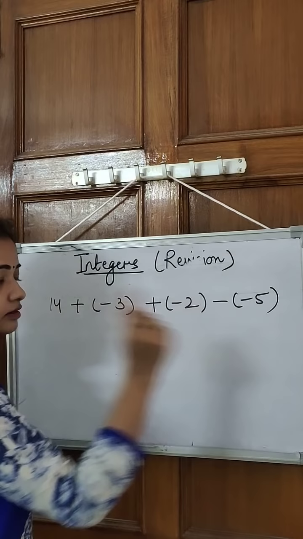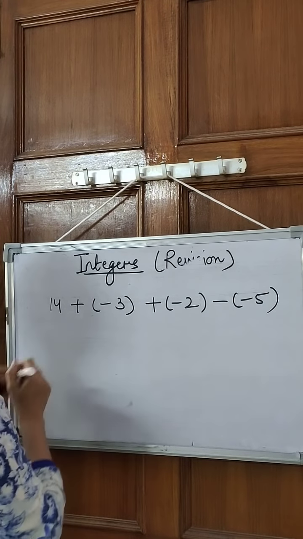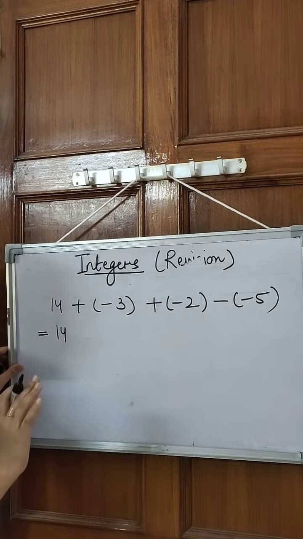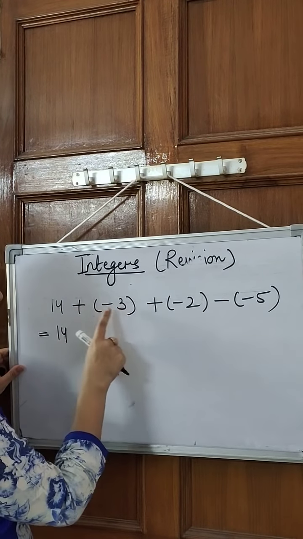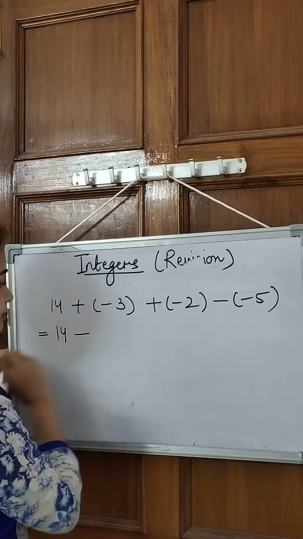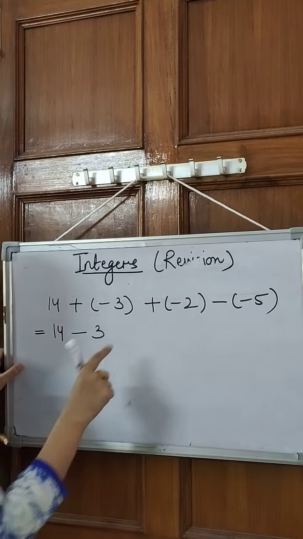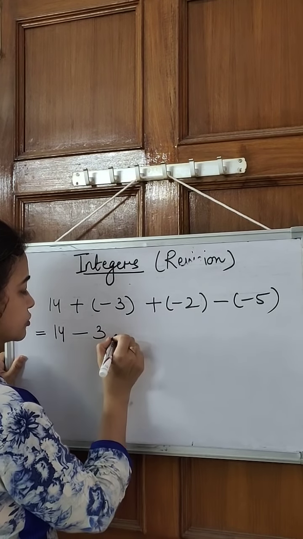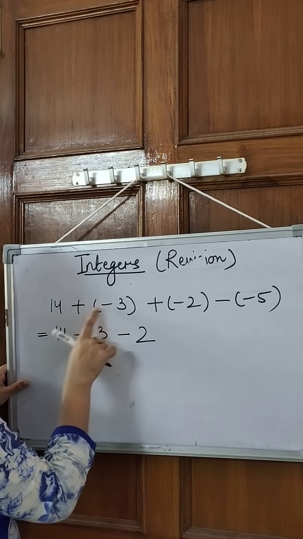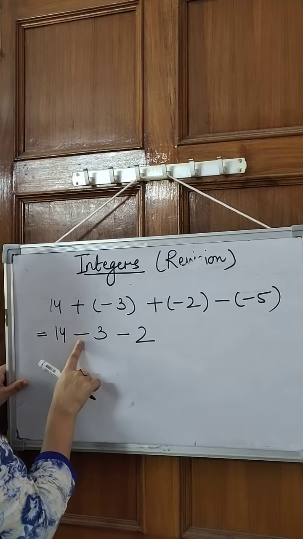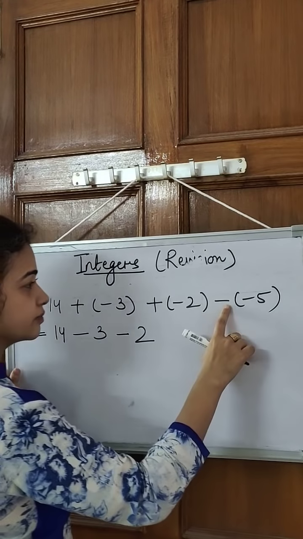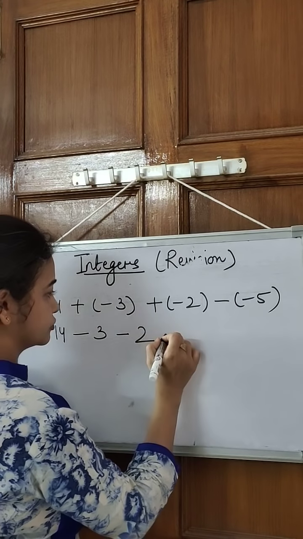So we have bracket. So the first thing is to solve the bracket. So 14 is not having any bracket. It will remain as it is. Now the second number is 3. That has 2 sign here. Plus and minus. Plus minus opposite sign. So subtract. Again. Plus minus is minus. So minus 2. Okay, are you getting what we are doing? We are solving these two numbers, plus minus minus, plus minus minus, and then we are writing 3, then we are writing 2. Now last number is minus minus plus.